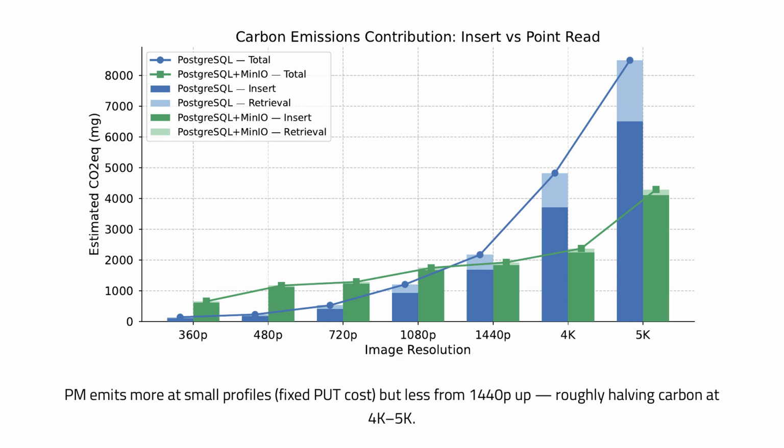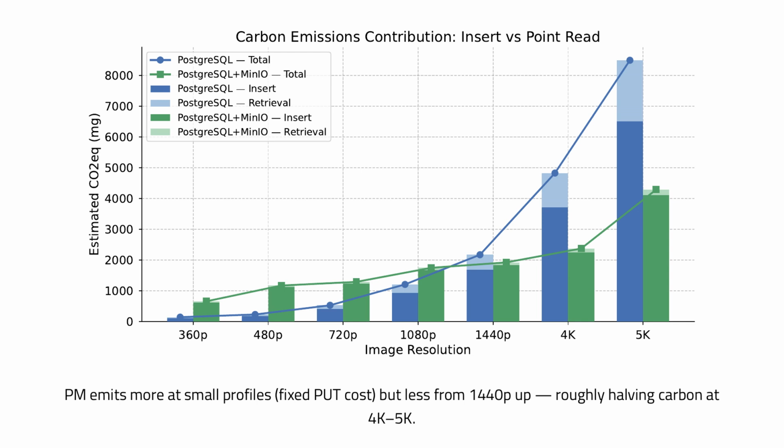Notice the hybrid's disadvantage at small profiles. It pays a fixed HTTP PUT cost for every object it stores, so even for tiny images there's a baseline overhead that makes it emit more. But as resolution grows, that fixed cost becomes negligible compared to the savings, and from 1440p upward the hybrid pulls decisively ahead. By 4K and 5K, it's roughly half the carbon of the inline approach. The takeaway is that the hybrid's overhead is a constant tax that pays off handsomely once the payloads are large